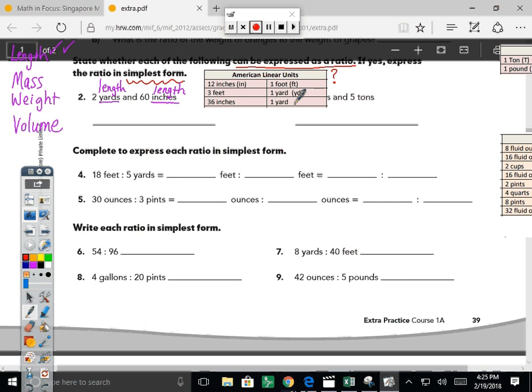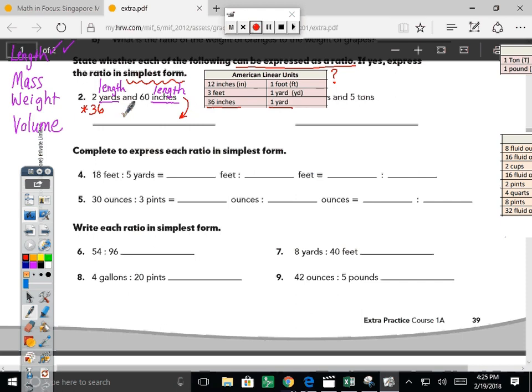If I took my yards, right here I see 1 yard, it's the same as how many inches? 36. So if I had 2 yards, I would really need to multiply that times 36. So it'd be 36 inches in each of those yards. So I'm going to double that amount and see what I get. Now notice these inches are already in inch form, I can leave them alone. So if I were to do a rewrite step,